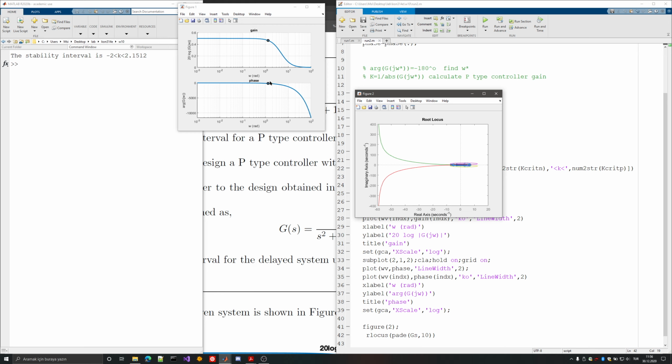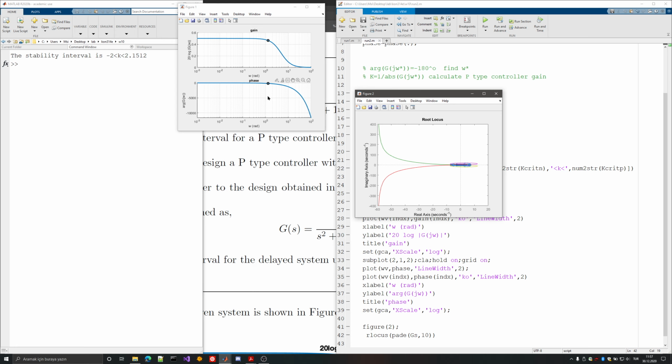And basically, this tau omega is very important, as I've told you. There might be interesting questions. You might ask someone, what is the maximum addable delay to a system? What you have to consider is that tau times omega will be the phase margin, because the phase margin is the safety distance from the instability, and you are asking to find the point of instability. So maybe you should use this phase margin and tau omega. You should equate them, and keep in mind that one of them is most of the time in degrees and the other one is in radians. So you have to do some conversions,